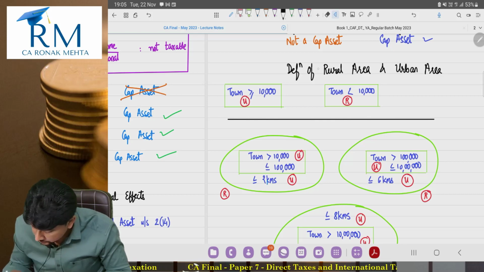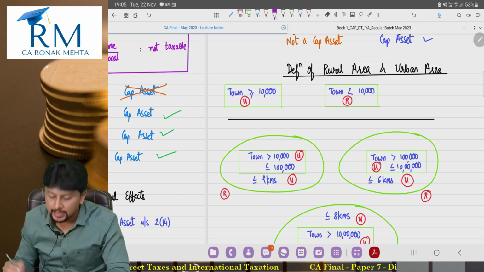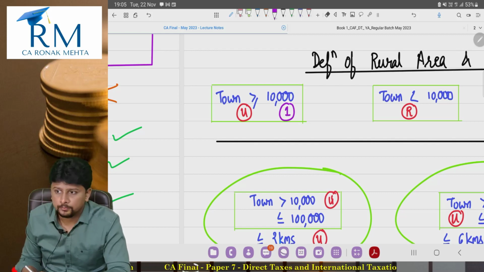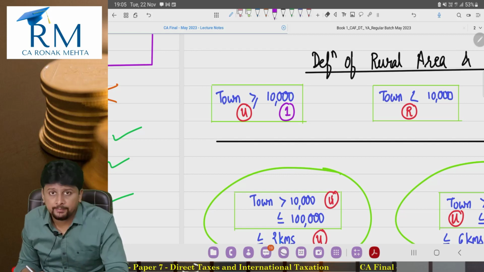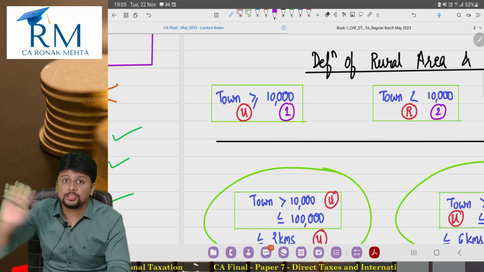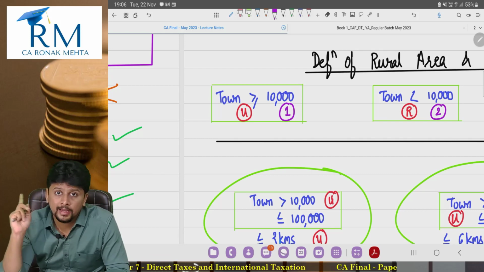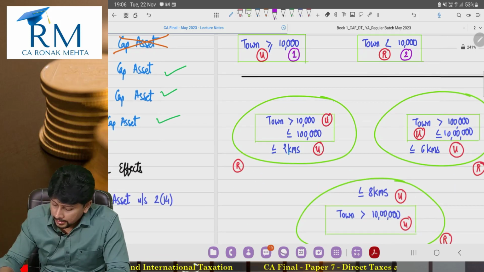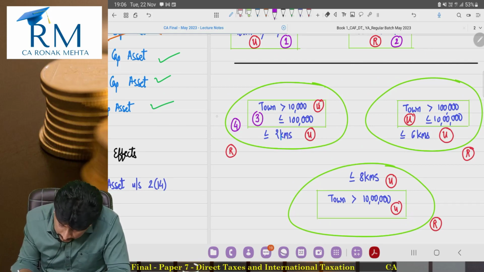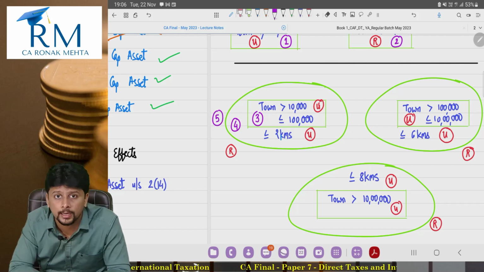Remember, that's not just sufficient to decide whether or not it's a capital asset, you also have to consider it to be an agricultural land. But if I tell you that I have this land number 1 in this place, so it is a capital asset. If I have land number 2, which is an agricultural land in India, but in this town where the population is below 10,000, rural area, agricultural land, not a capital asset. If I have land number 3 here, land number 4 here, land number 5 here, then 5 is not a capital asset, 3 and 4 are.